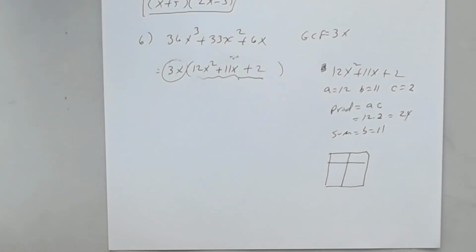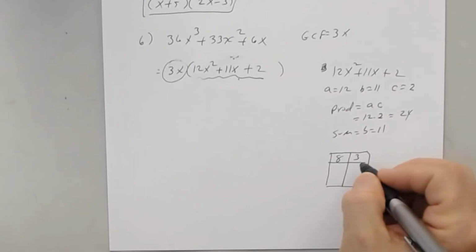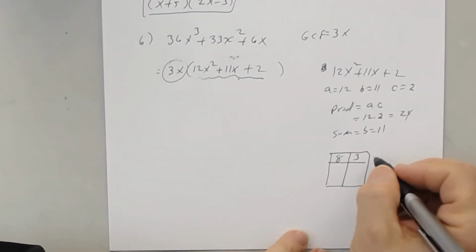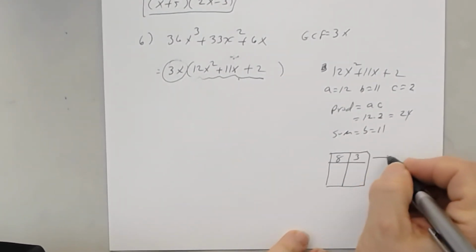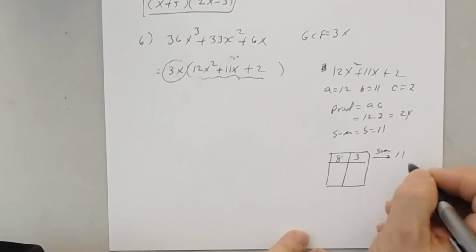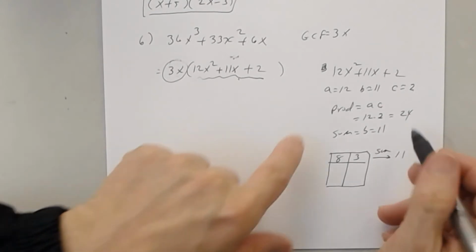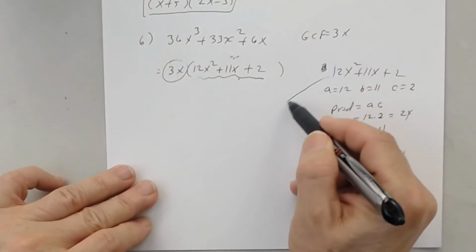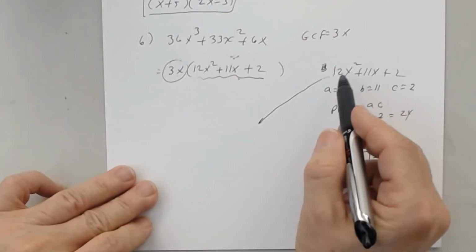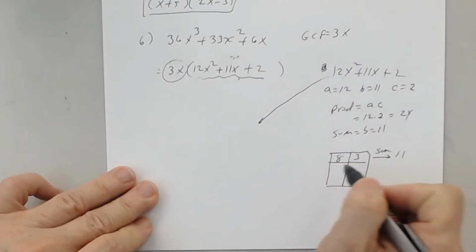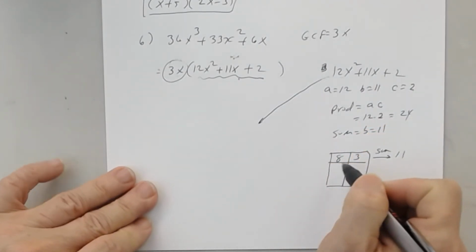What do y'all think? 8 and 3. 8 and 3. Because 8 times 3 is 24, and 8 plus 3 is 11. Okay? So then you're going to rewrite this trinomial right here, 12x squared plus 11x plus 2, as 4 terms using 8 and